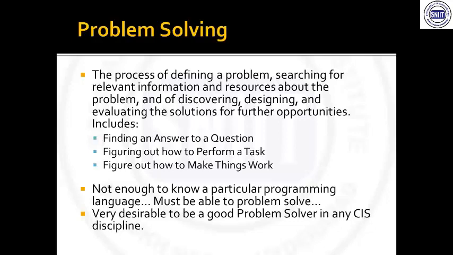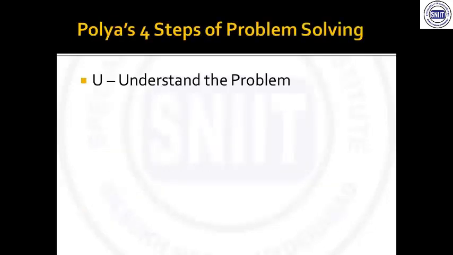So that type of problems we need to identify. We need to break them into different parts, and for each and every part we need to give a solution. Then the individual solutions we will combine together as a final solution for the big problem. Whatever the program or problem may be, we need to go like this. This is problem solving skills. First, these 4 steps we need to follow.